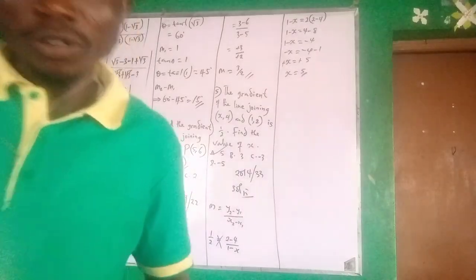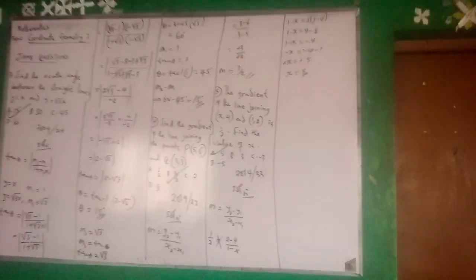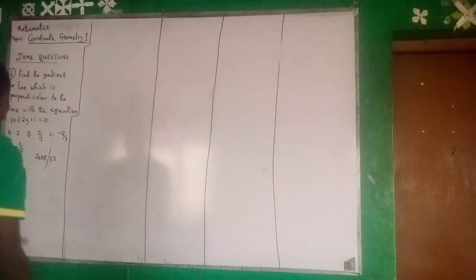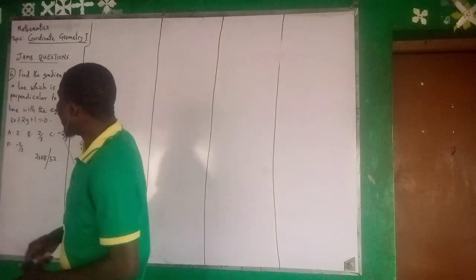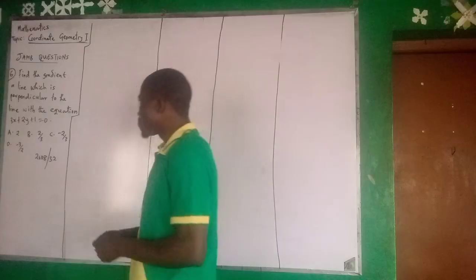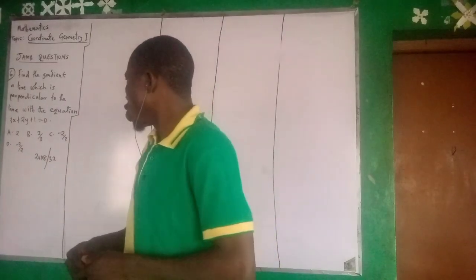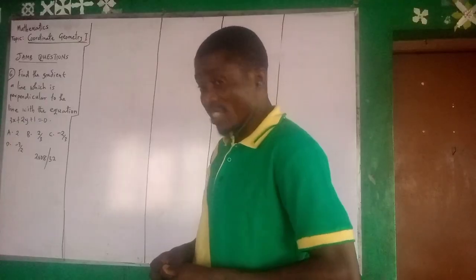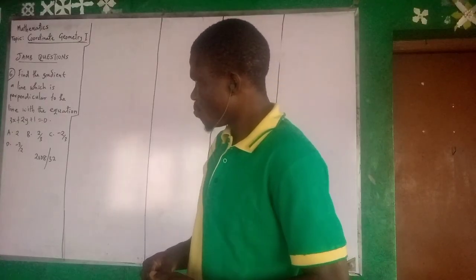Alright, next question. Okay, let's solve the next question. Find the gradient of a line which is perpendicular to the line with the equation 3x plus 2y plus 1 equal to 0. Now I told you